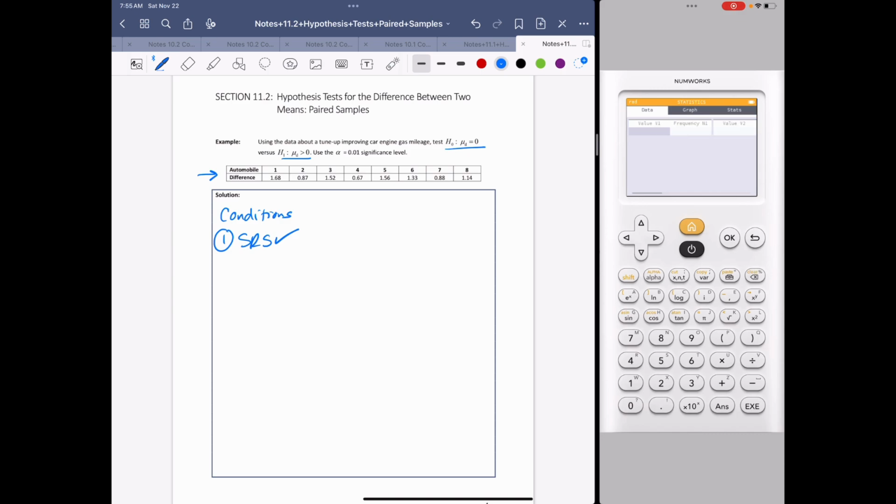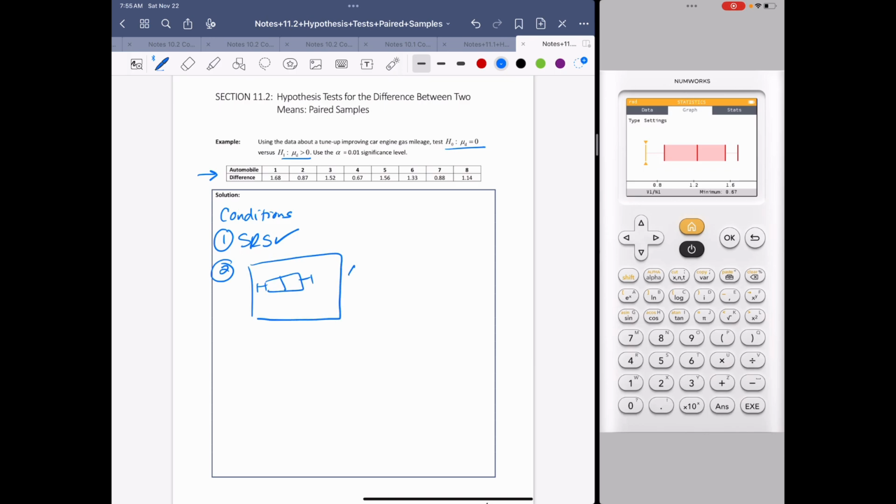All right, so I'm going to go to my first one, and I'm going to type 1.68, type all your data in. All right, and I'm going to graph it, box plot, and as always, it's going to look fine. So here is my box plot. And I'm going to say no outliers, normal,